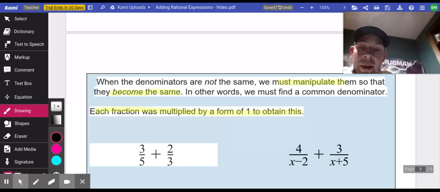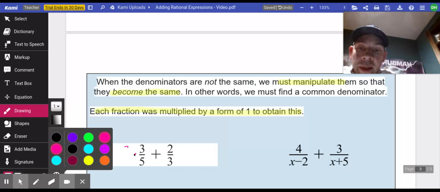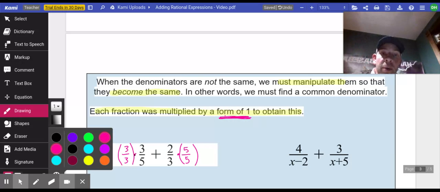Now, how do I get there? Well, what I'm going to do is multiply this very first fraction by 3 over 3. Okay, and what I have here in pink is a form of 1, right? And then I'm going to multiply this fraction over here by 5 over 5. And again, what I have here in pink, 5 over 5, is a form of 1. So that's the key. When we manipulate these fractions, we have to make sure we're always multiplying by a form